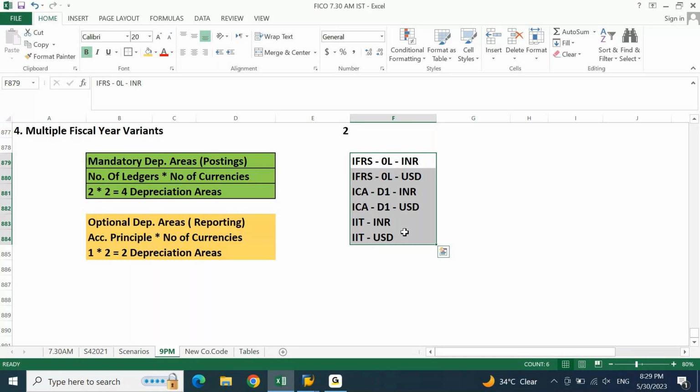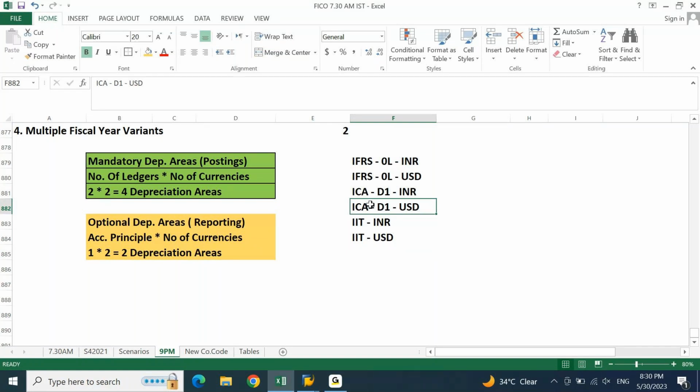Since this is used only for fixed asset valuation purpose, this is only a reporting requirement. From the system, you need to submit the fixed asset register according to the Indian Income Tax Act. What is the asset value? What is the depreciation? According to the Income Tax Act, what is the current net book value? For this purpose, you need to generate the report. To generate the report without a depreciation area is not possible in SAP. If you want to generate any report for a fixed asset, a depreciation area is mandatory. To generate any report in asset accounting, a depreciation area is mandatory.